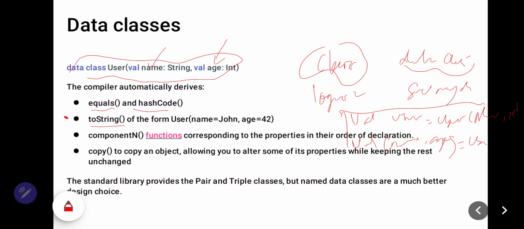A data class constructor needs to have at least one property declared. In this example, we have two properties, name and age. All constructor parameters need to be marked as either val or var. You can see in here, val.